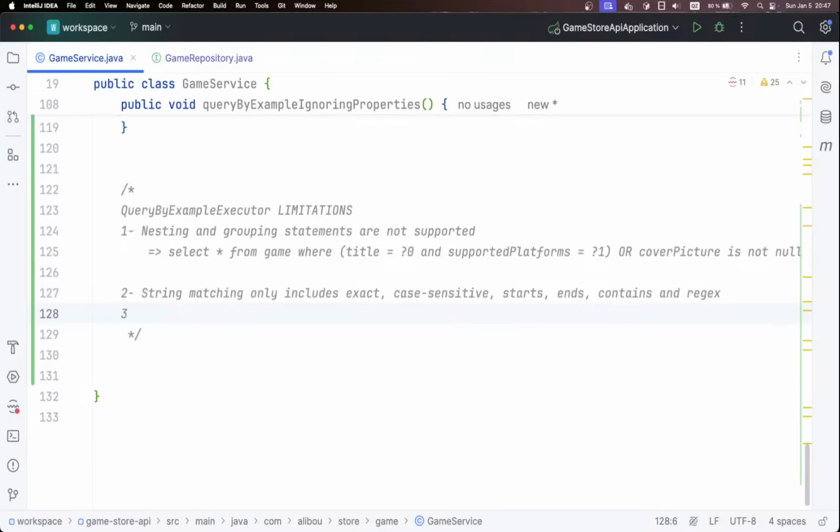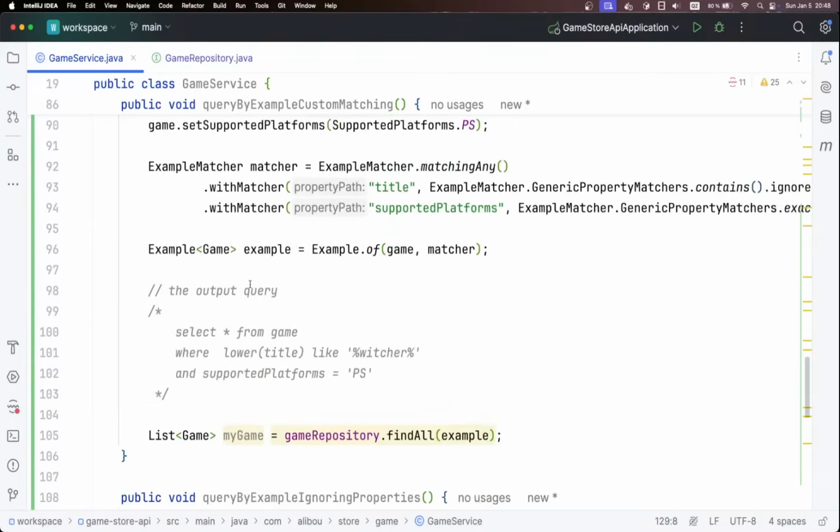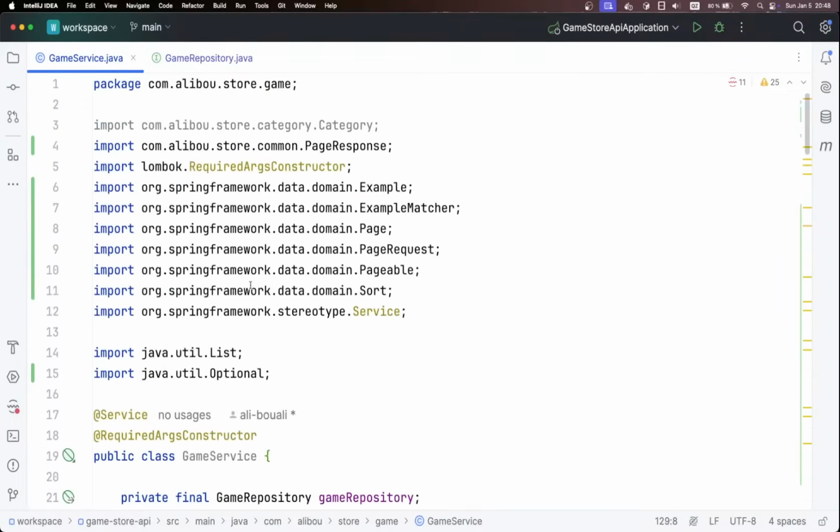So also the final one: all types other than string are exact match only. If we have any type other than string, it will always be an exact match. So we cannot have case sensitive, case insensitive, and so forth. All right, so these are the limitations of the QueryByExample executor, but it's still something really usable,